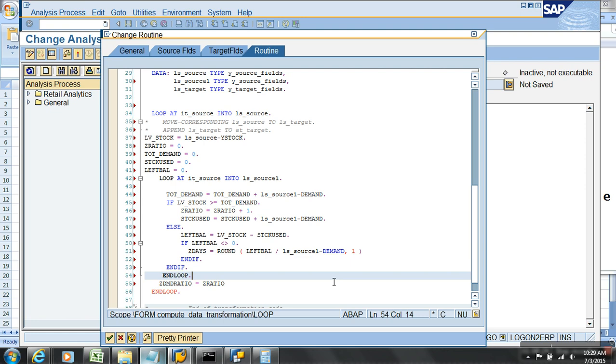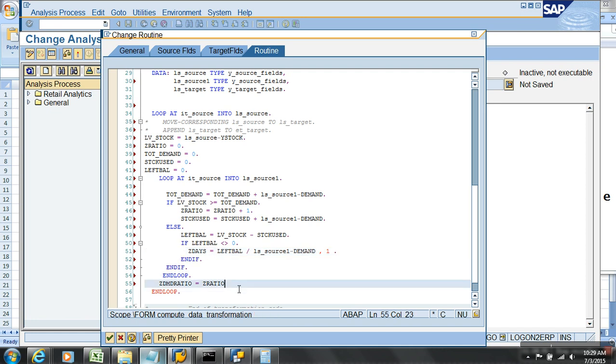F1 syntax. Wrong. The round function is wrong. Let it bring normal. Then we'll check it. We'll debug this and see. Ratio and plus what? Z dash. And